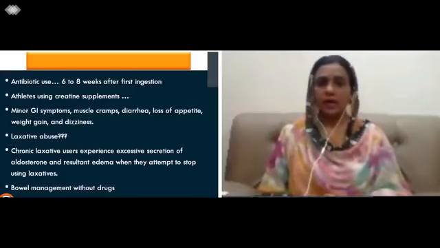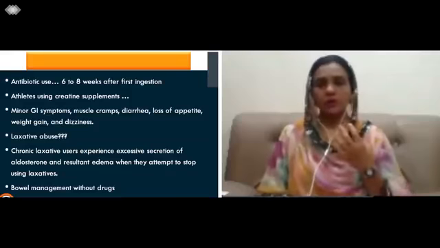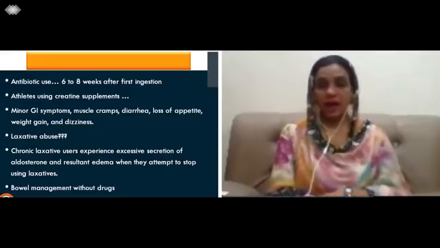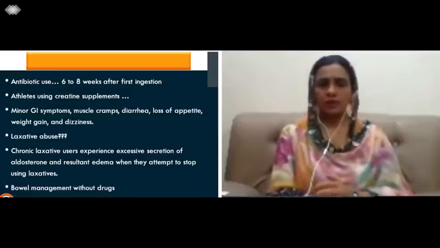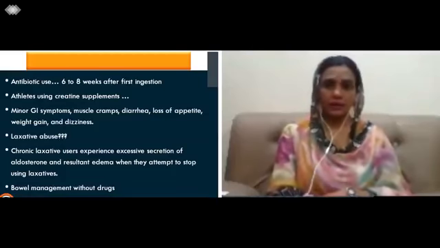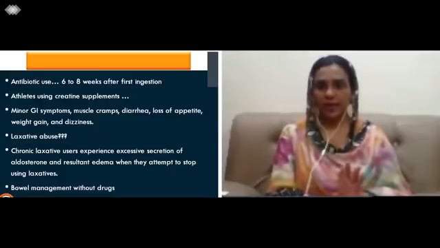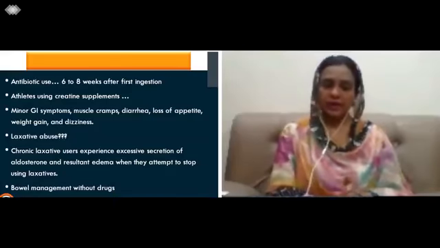Then another thing that can be encountered is laxative abuse. It is very common. Users may use 100 laxatives at a given time. Sometimes there is that much laxative abuse, especially if you remember the eating disorders, bulimia nervosa, and all that, where the patient wants to lose weight by the use of laxatives. But chronic laxative use